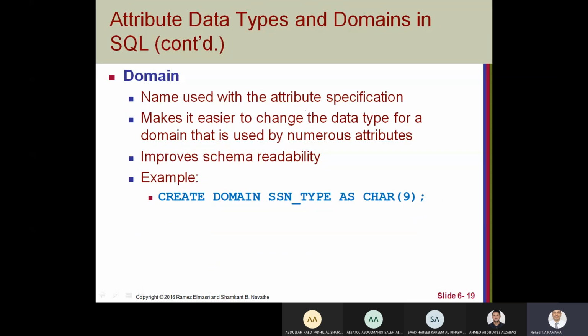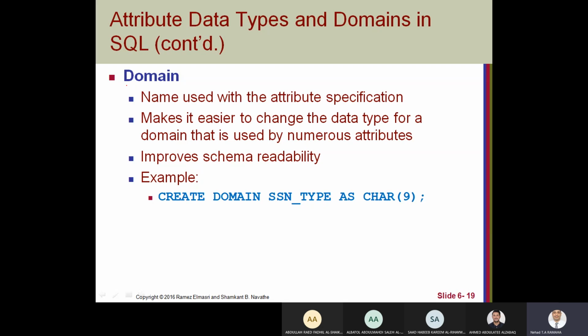We can create domain, as you can consider it as a new data type for us. We can use this domain for any attribute.